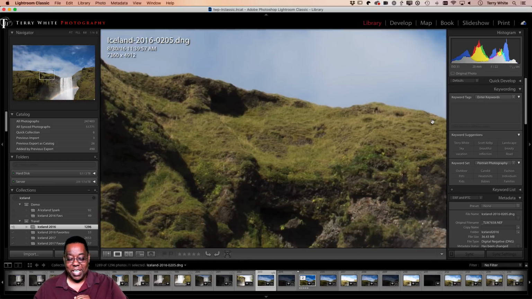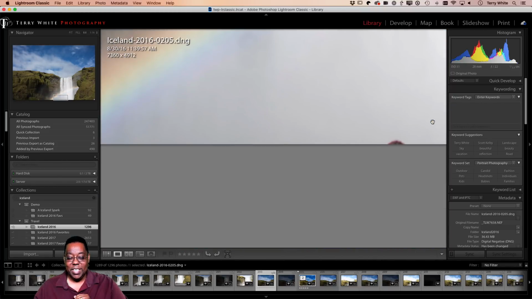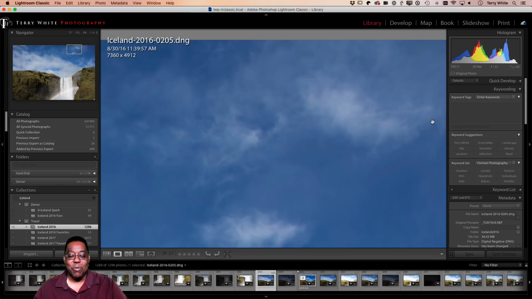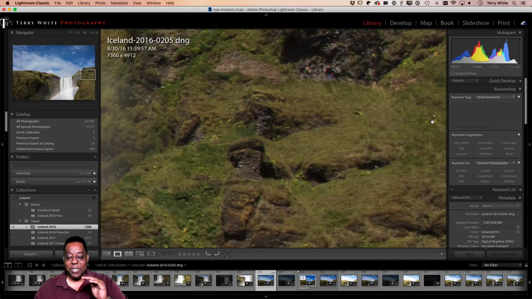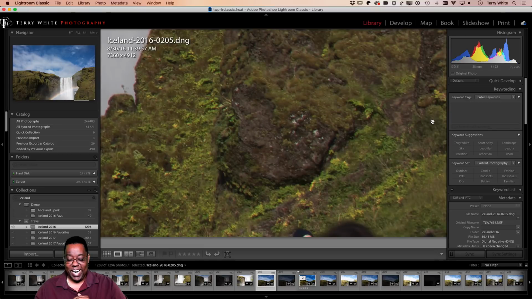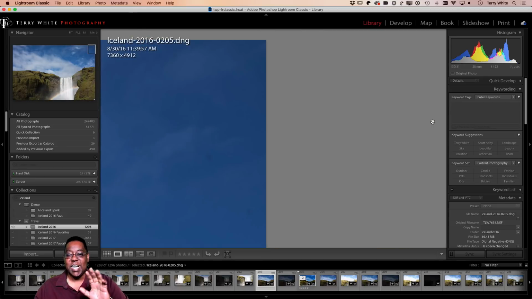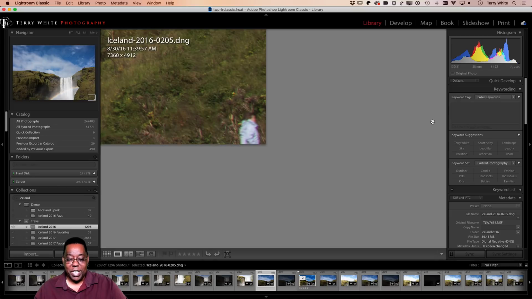All right, keep going, keep going. And there's another little head. So I've got some cleanup to do. Little things like that we miss all the time because we don't pan the photo to see if there's something we missed. And I couldn't stage that if I wanted to. I did not do that on purpose. Those little heads down there that I'm now seeing, I completely missed when I worked on this photo because I did not take the time to go all the way through. I don't even know what that is. Oh, that is a person maybe. But I need to now go back and clean some of this up.